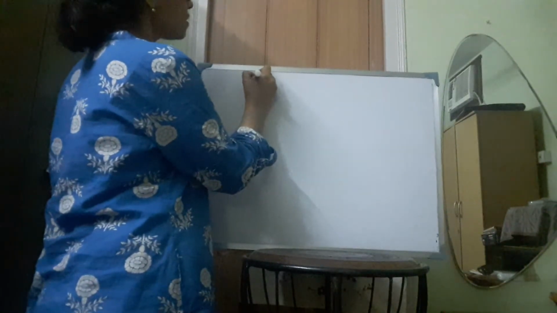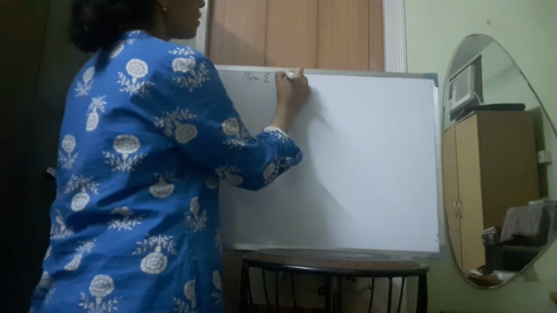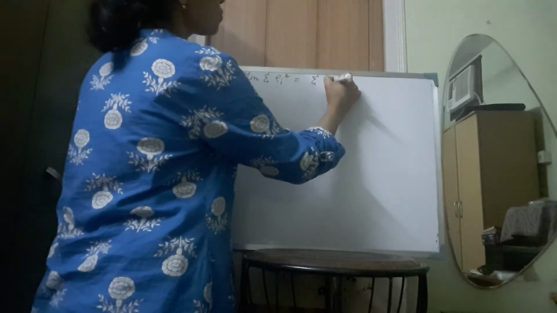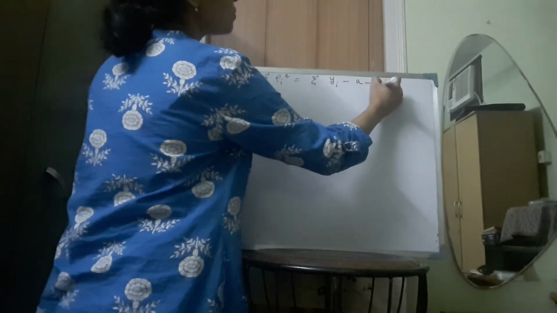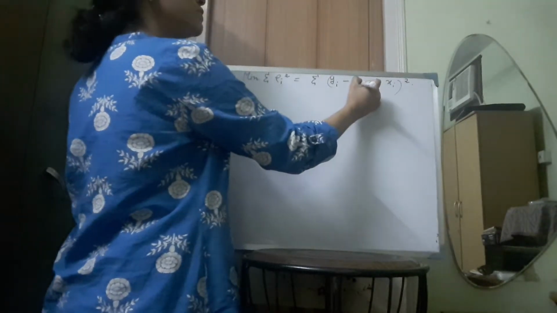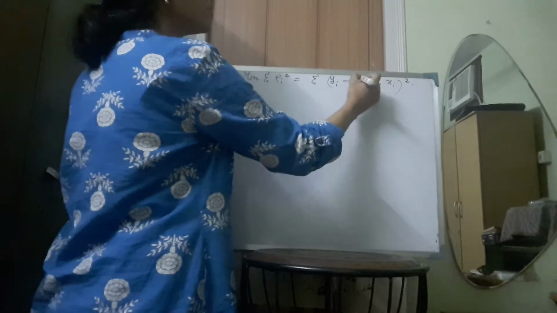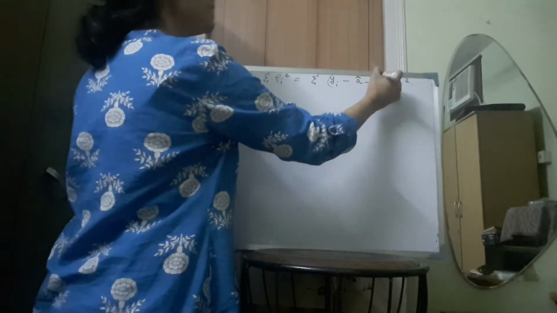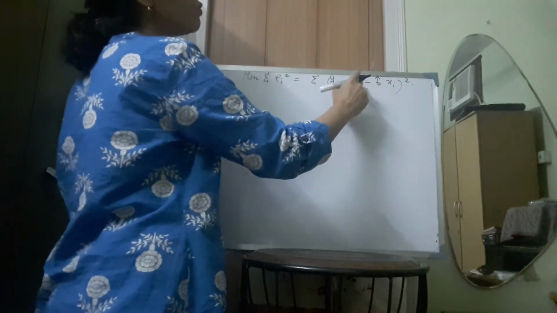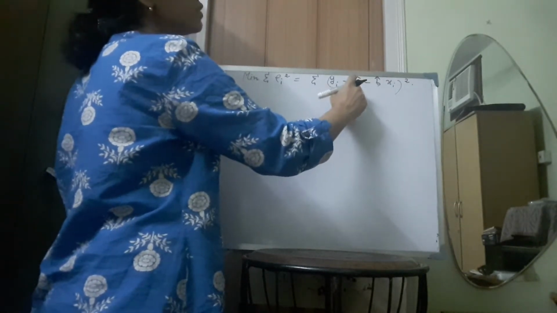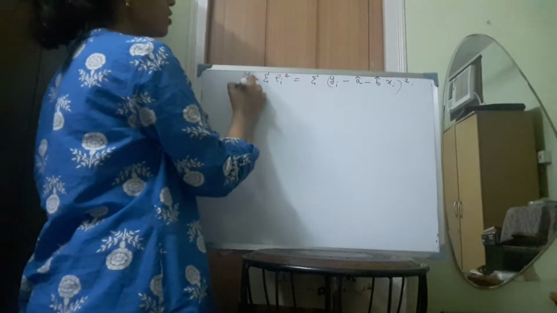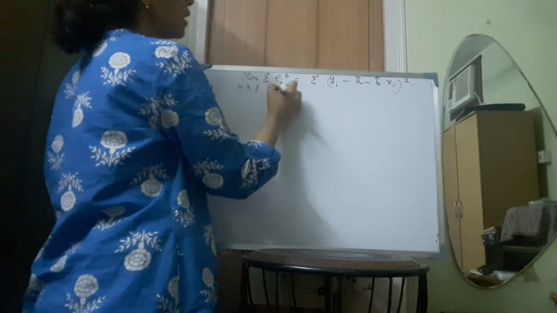Now we have to minimize summation of ei square, which is equal to summation of (yi minus a minus b xi) whole square. And since this is the actual a and actual b in the population, we can replace this a and b by a hat and b hat. So basically we have to find out the value of a hat and b hat, the predicted values of a and b, denoted by a hat in case of a and b hat in case of b. So this we have to minimize with respect to a hat and b hat.